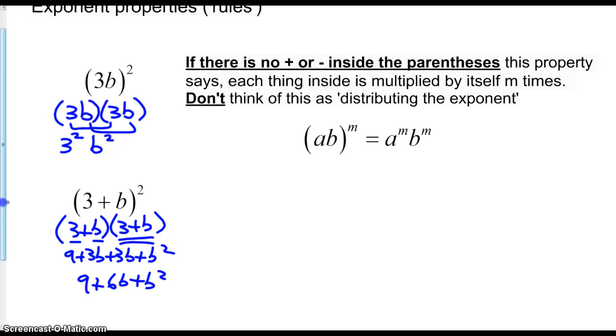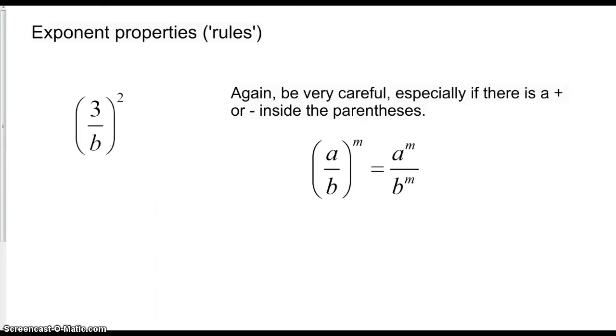In fact, let me write it here in red. People will be tempted to think that this is equal to 3 squared plus b squared, but that is not true. Don't do that. Don't distribute the square. Instead, think of it as that quantity multiplying itself twice. Okay. Let's see. Same thing in the division case. If it's like 3 over b, all squared, that really does mean 3 over b multiplied by another 3 over b, so that is the same as 3 squared over b squared. So you can think of it as every